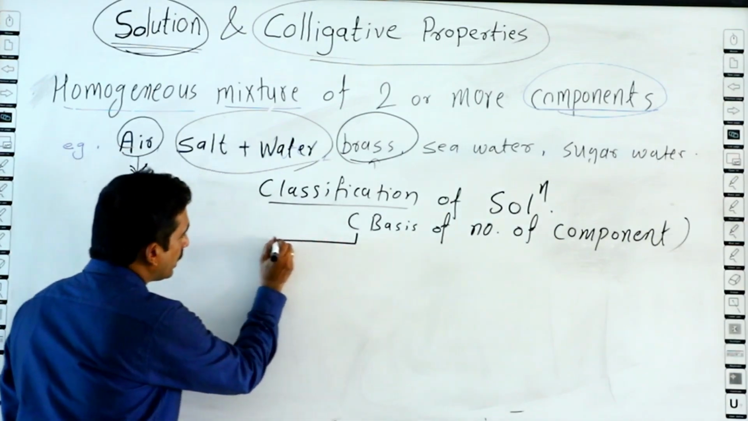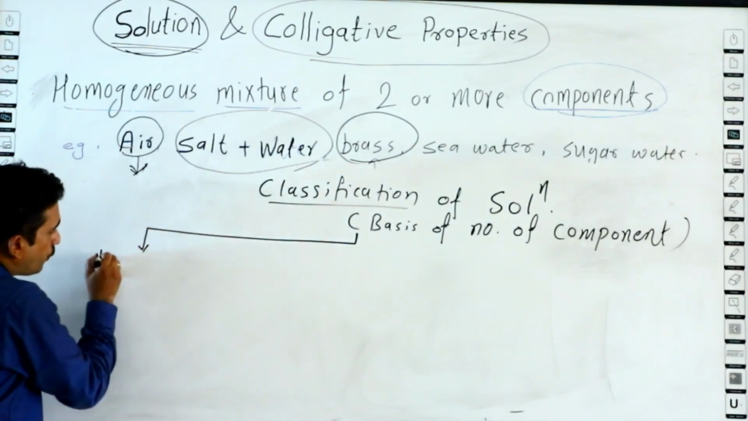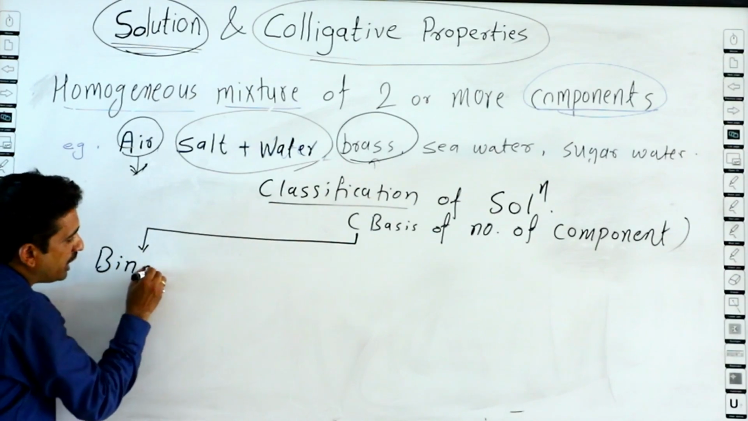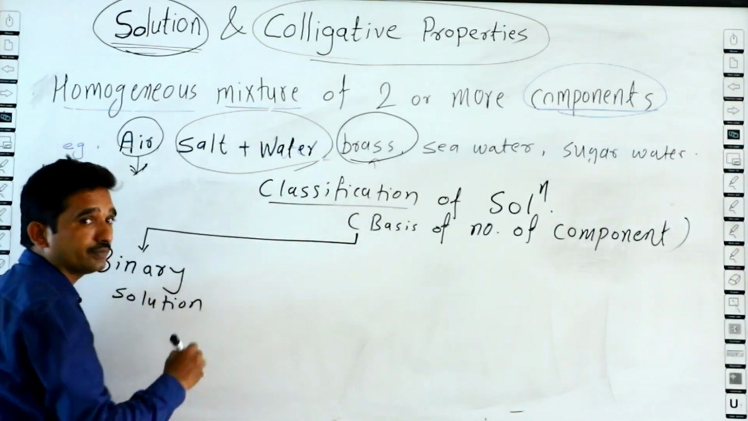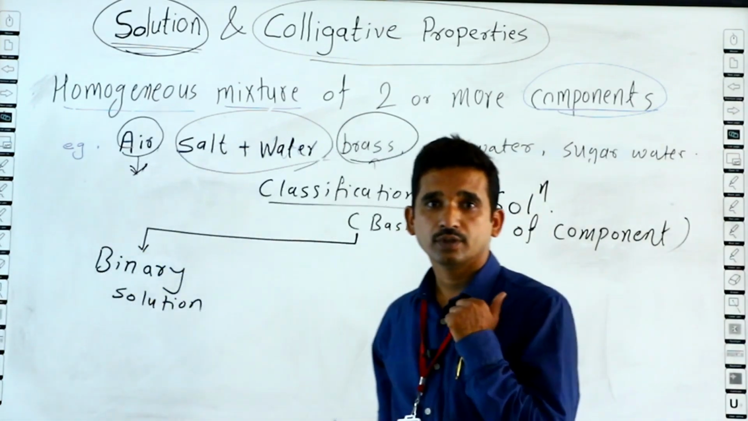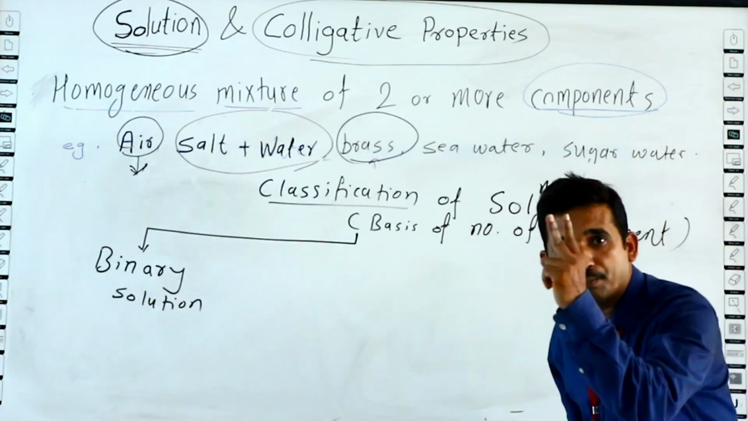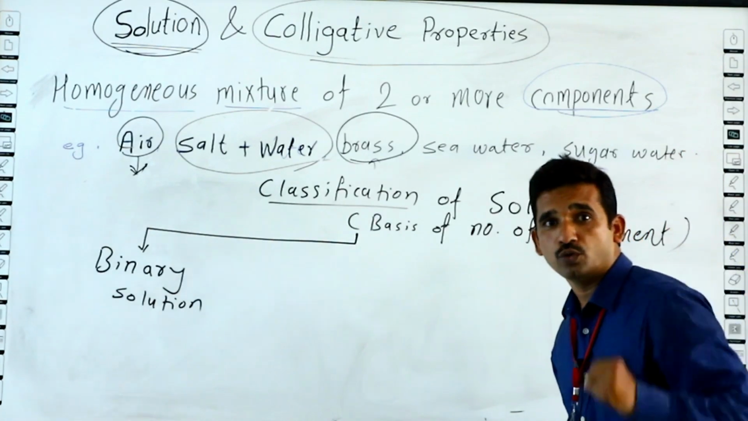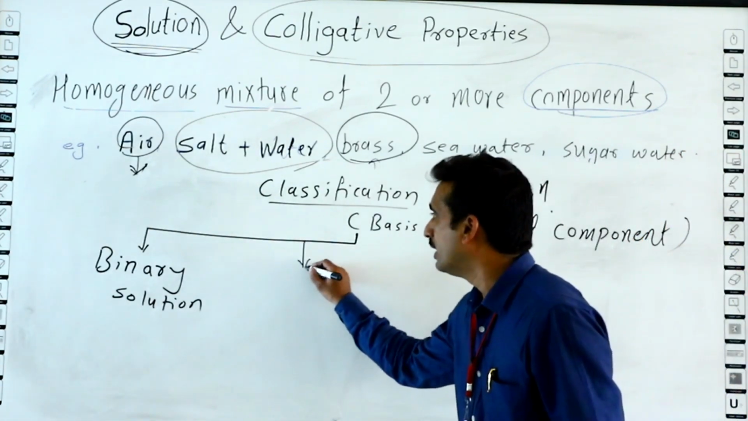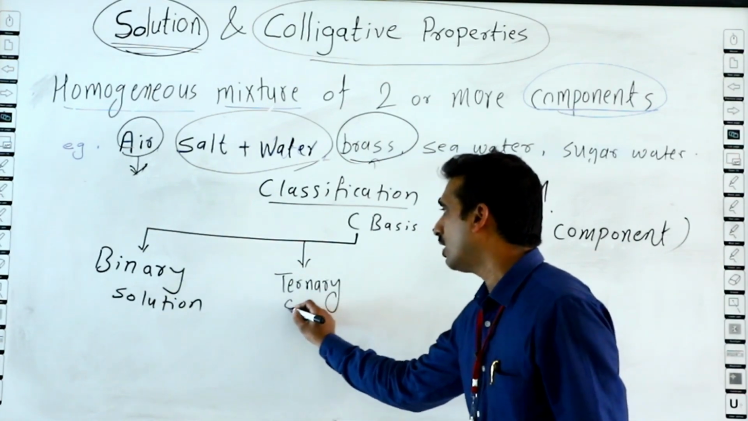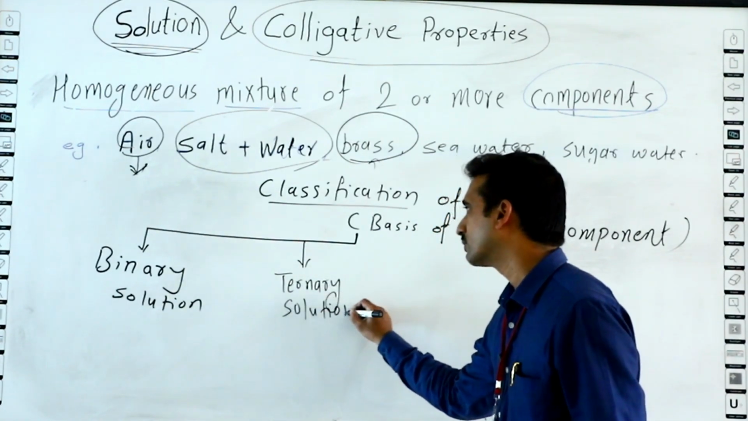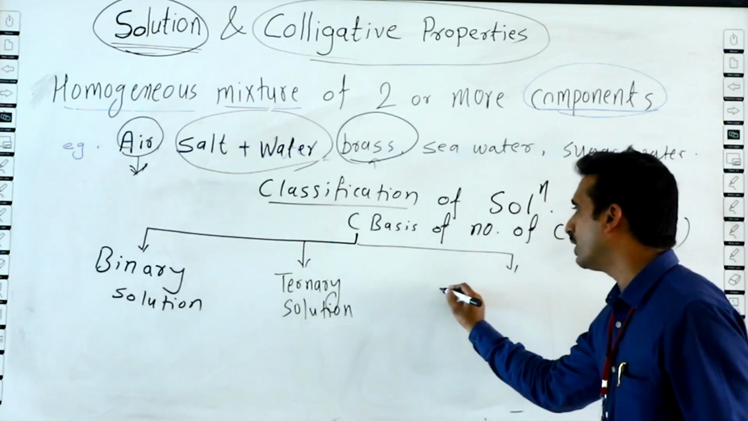Here the first solution is a binary solution. Do you know binary? Bi बोले तो 2. Then second word is a ternary solution. Third one is a